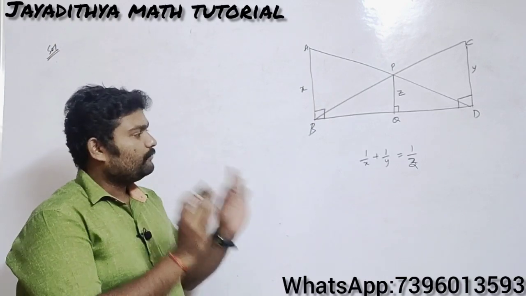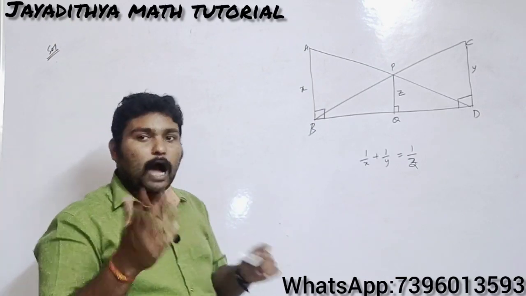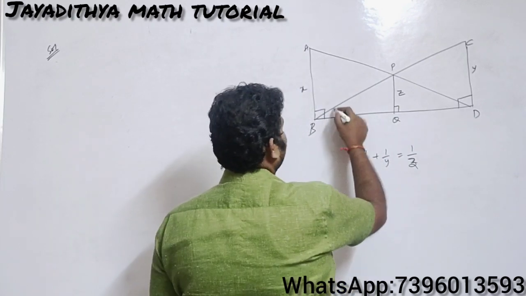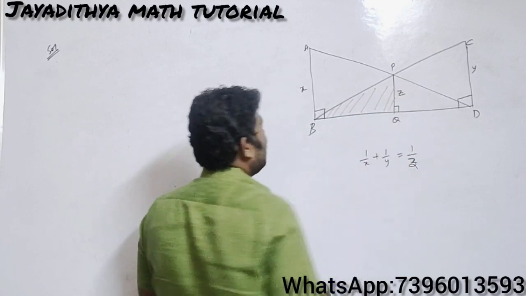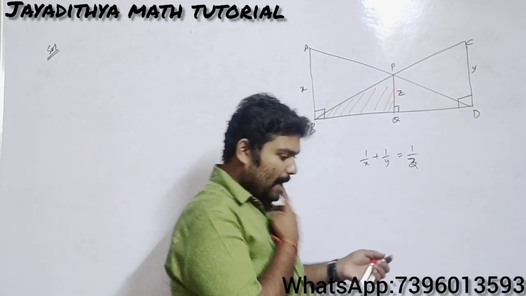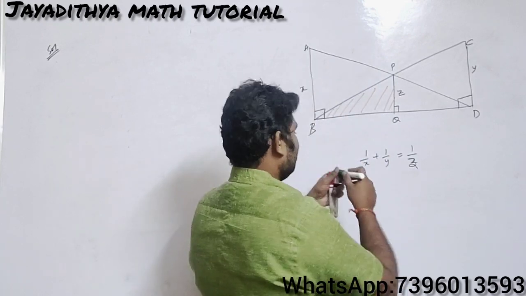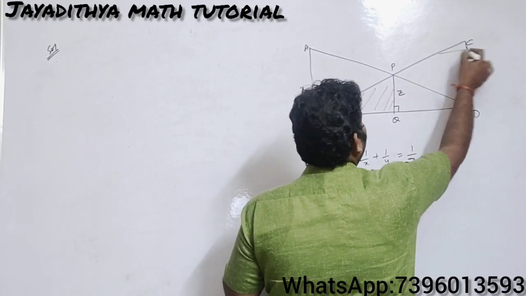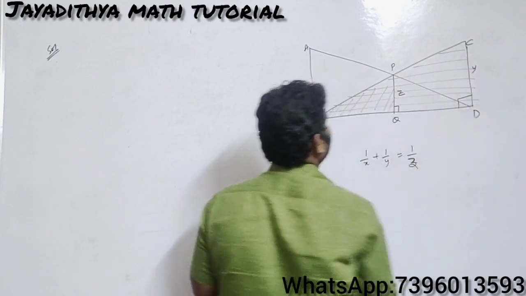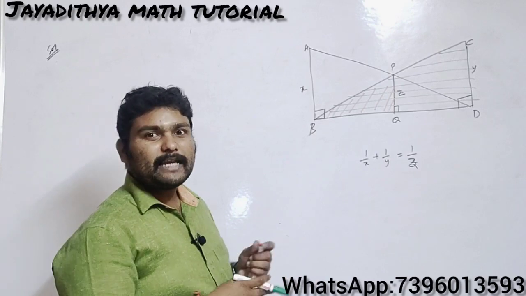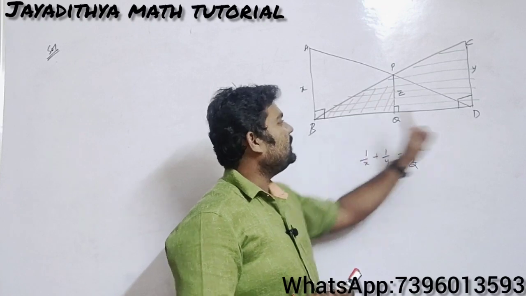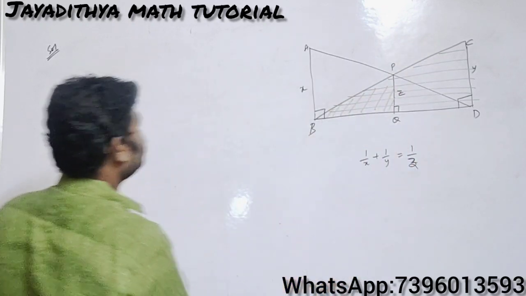So see here, when we are going for the proof, let us observe how the triangles must be taken. In the first case, I am taking this part. I am taking BQP as one triangle, and I am taking the other triangle as this part. What is the other triangle I need to take now? First triangle is BQP and the other one is BDC. So take those 2 triangles here.